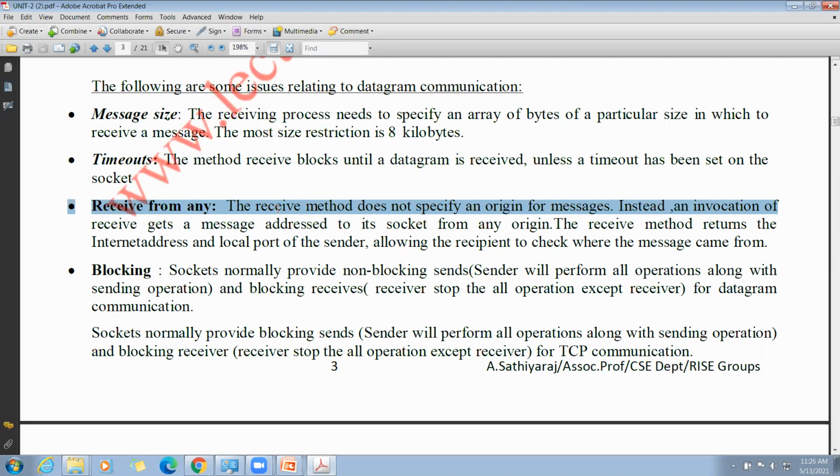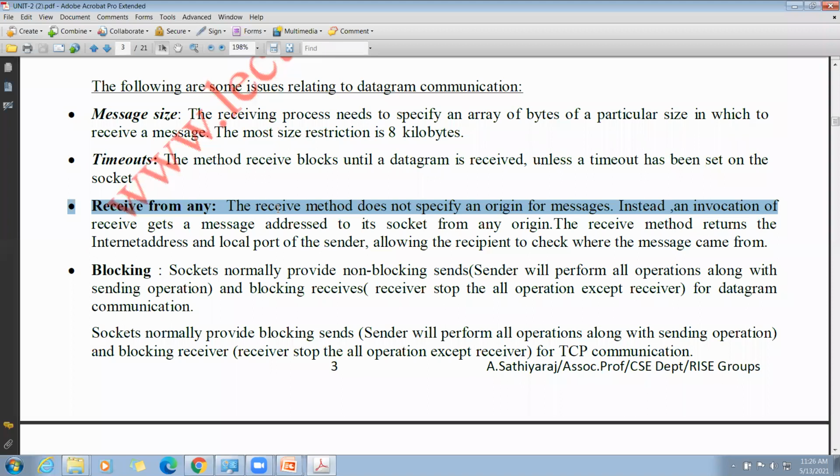Instead of invocation, it gets a message addressed to its socket from any origin. Here, this is the one problem. If there is no specification about the origin, the receiver might get messages from any system, from any process.